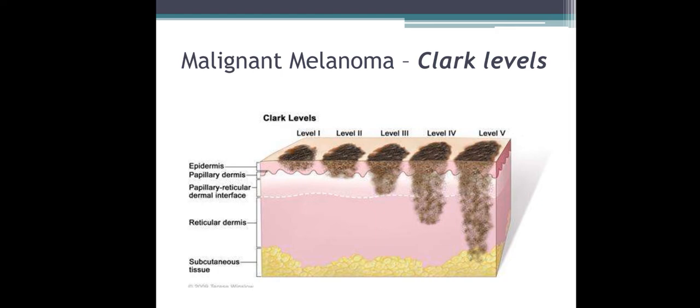Based on these Clark levels also, the stage varies. So both the Breslow's thickness and the Clark level are different methods to stage this malignant melanoma. In certain staging of the tumors, there are different named tumor staging systems like the AJCC staging system and the TNM staging system. Plenty of staging systems are there, and they adopt different patterns. Some adopt the Clark pattern, some adopt Breslow's thickness. That is the only difference between these two. But if someone asks you, you should know what is Clark level and what is Breslow's thickness. Understood? So all these are the prognostic factors.